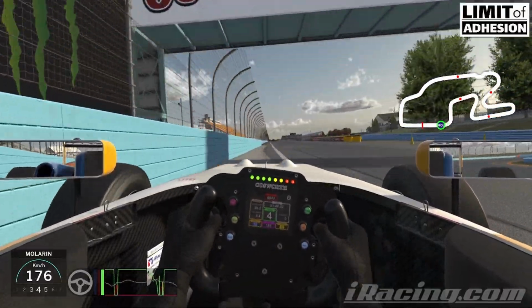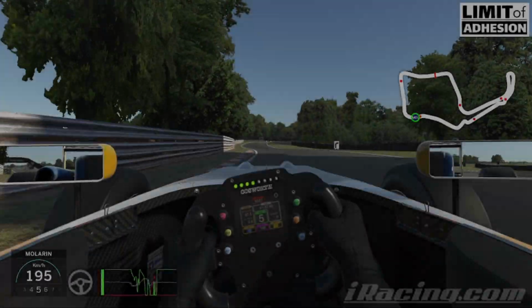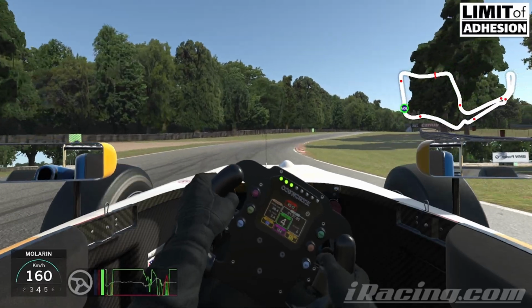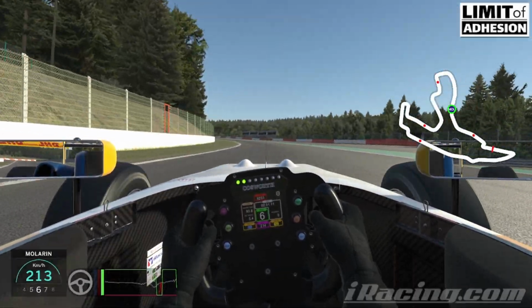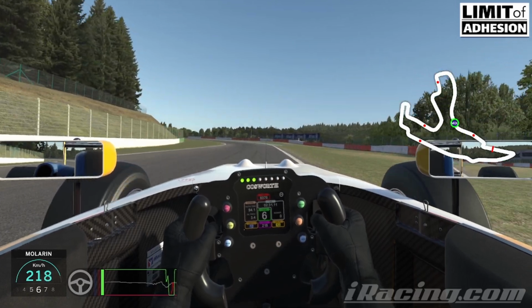So it's about practicing where is the optimum point to turn in for the corner. And you might find that on these really, really fast corners, especially if you're not actually slowing down for it, that you will benefit from just turning in, and it's very hard to quantify, but it will be very slightly earlier than